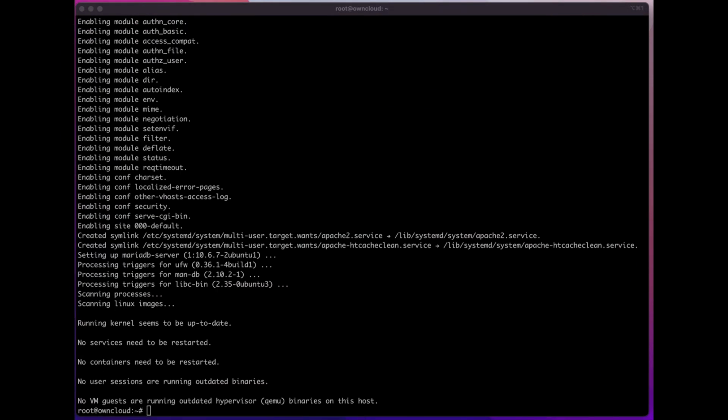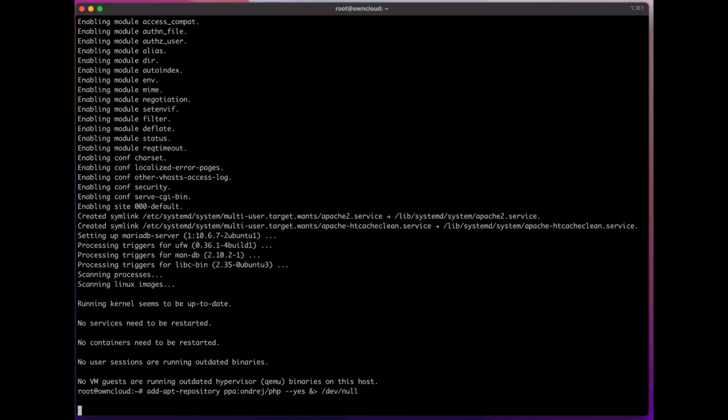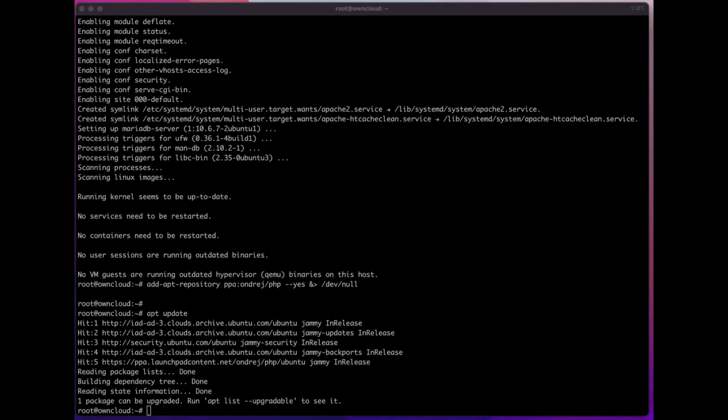And once you have Apache and MariaDB, the next thing we want to do is install PHP. Now, because Ubuntu 22 comes with PHP 8 and OwnCloud supports only PHP 7.4, we're going to need to add the following repository, and that way we can install PHP 7.4. Once this repository is added, we can go ahead and run apt update. And once the repos are updated, we can go ahead and install PHP 7.4 and all the modules needed for